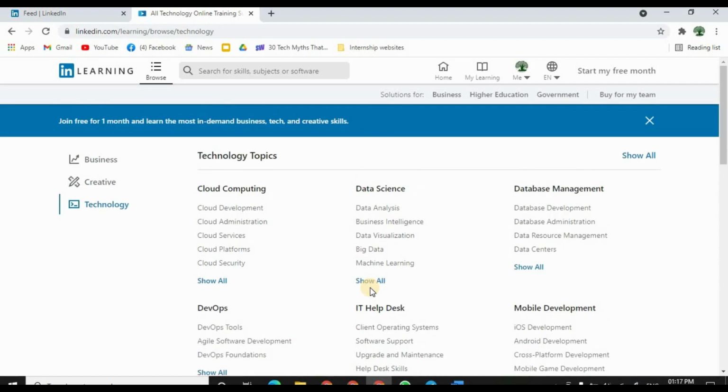So now it should be clear to you that LinkedIn Learning is offering an enormous number of courses for you to read. It will be difficult to choose which course to start off with. That is the reason why I already told you that you will have to choose a particular domain in which you want to succeed or set up your career.